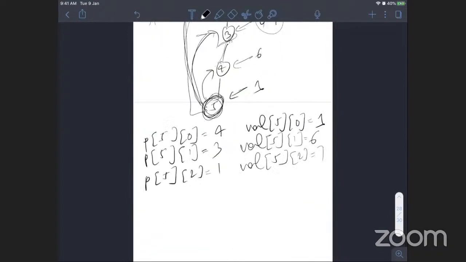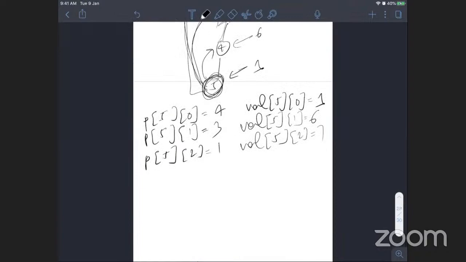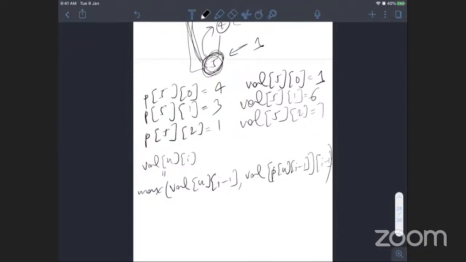Okay, so notice the way you calculated P of u, i, you can also calculate val u, i. That's the smart thing about this. So for val u, i, your recurrence will look something like this. Val u, i is equal to max of val u, i minus 1, comma, val P u, i minus 1, i minus 1. It's very bad writing, but